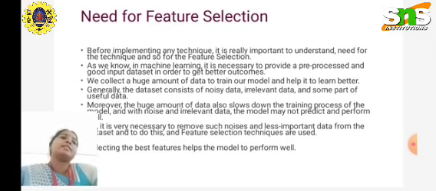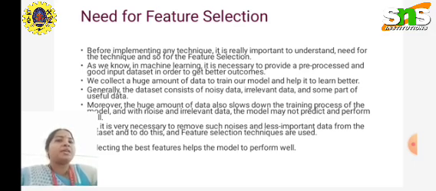What is the need for it? We have already seen what the machine learning process is, how to develop a model to train the data, what is meant by testing data, and what is meant by training data. We already know everything. So if we need to implement any technique, it is really important to understand the need for the technique, and so for feature selection also.